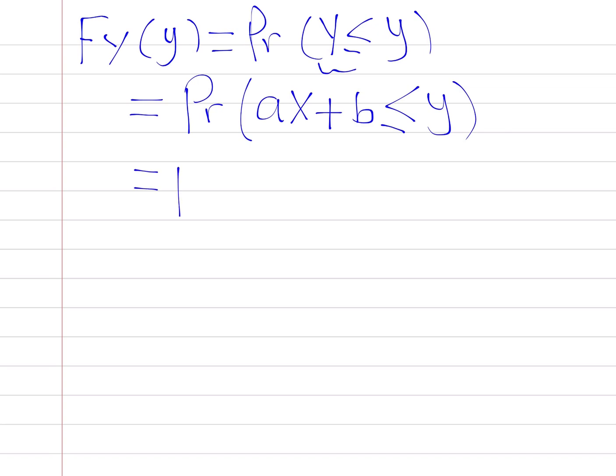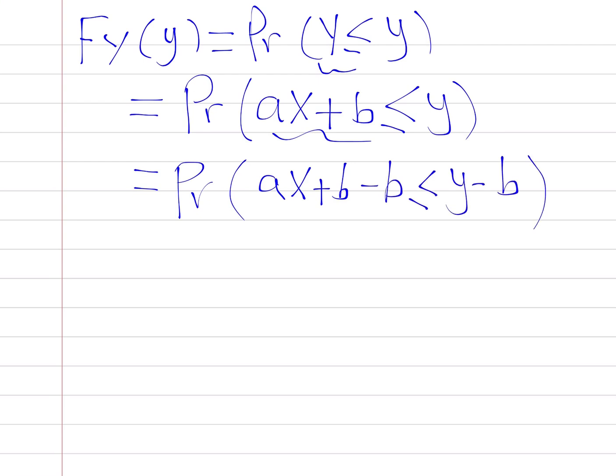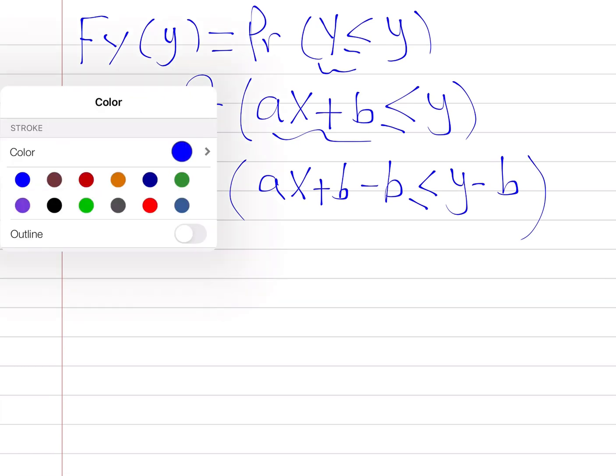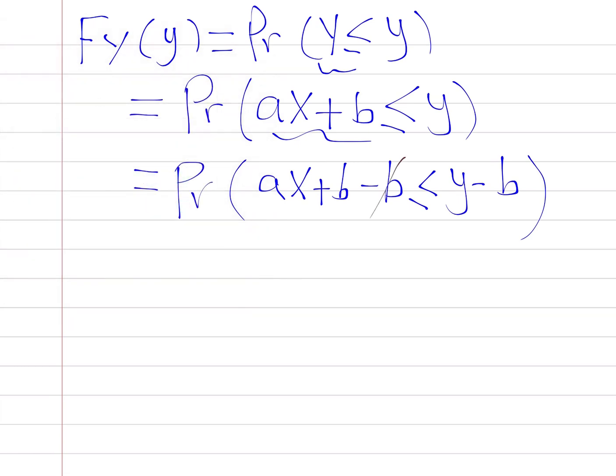Now we need to get just x on the left side, so we can say ax plus b minus b less than or equal to y minus b. So this goes with this one, which is equal in this case to the probability of ax less than or equal to y minus b,